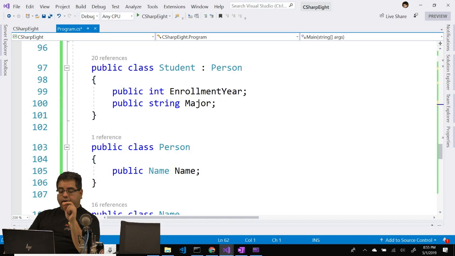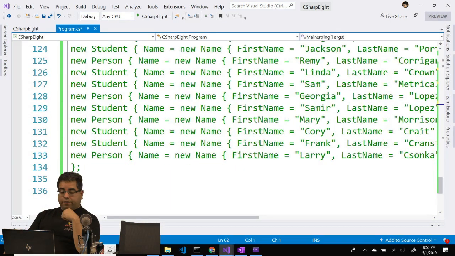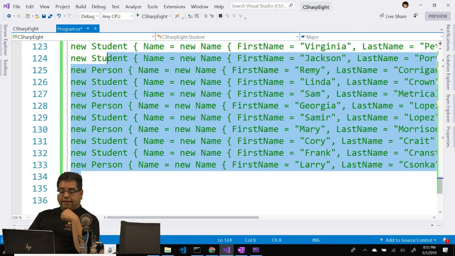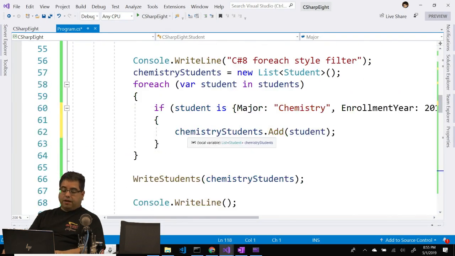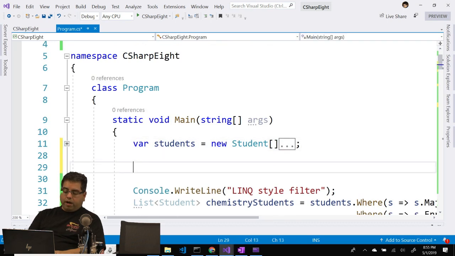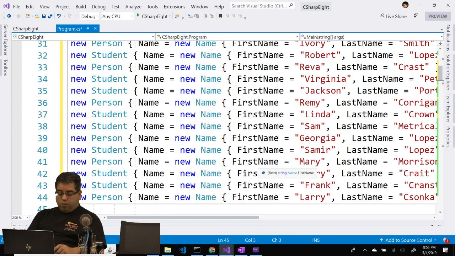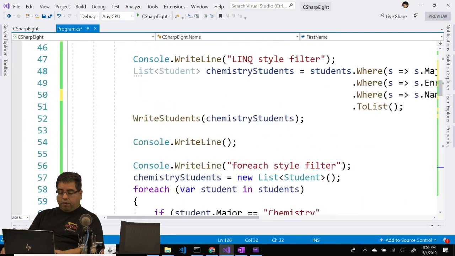Remember how earlier I said that students derive from person? Well, what if we had a different list of students? And I saved this down here because I wanted it to be a surprise. So let's get rid of var students. We won't worry about that, it's not important. What I have now is a different array,